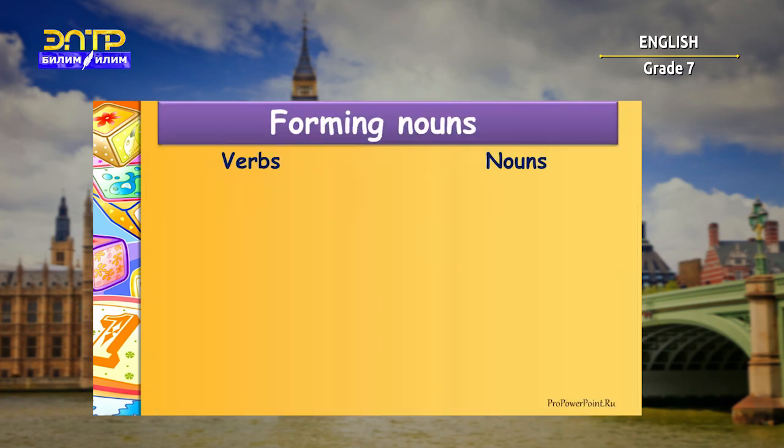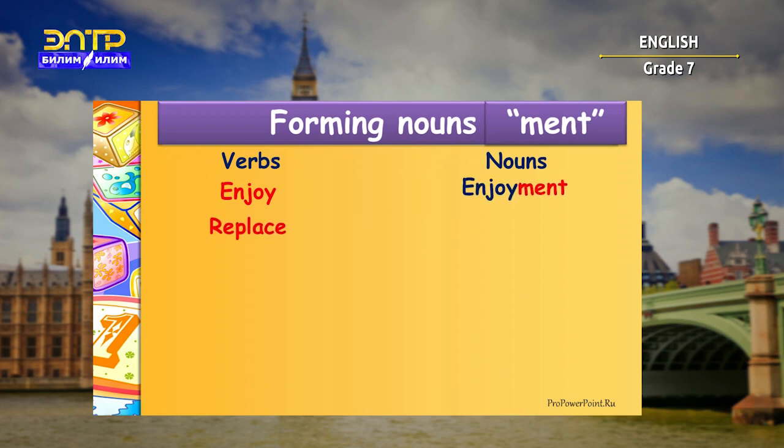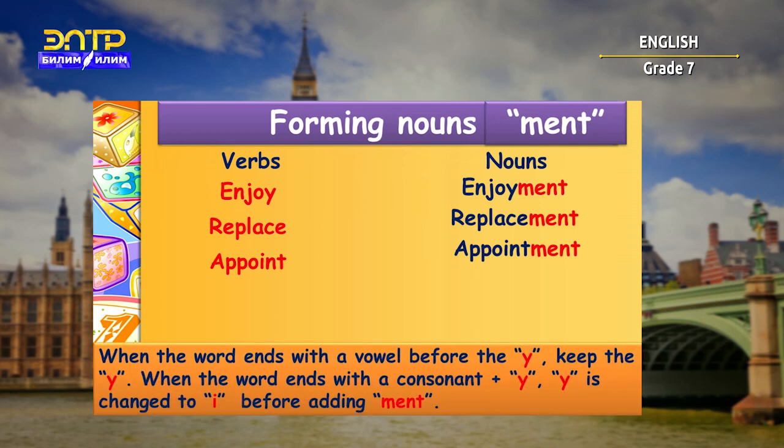The suffix -ment is mostly used with verbs and some adjectives and creates a noun from a verb, usually connected also with some sort of action. For example, enjoy, enjoyment, replace, replacement, appoint, appointment. When the word ends with a vowel before the y, keep the y. When the word ends with a consonant plus y, the y is changed to i before adding -ment. For example, merry,